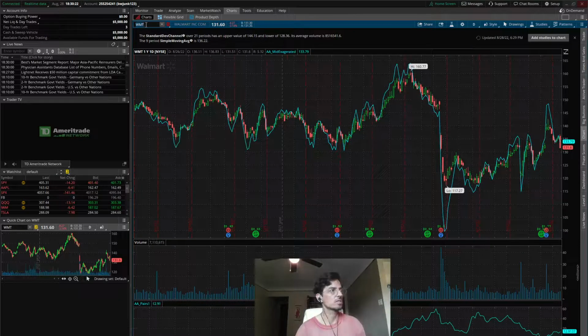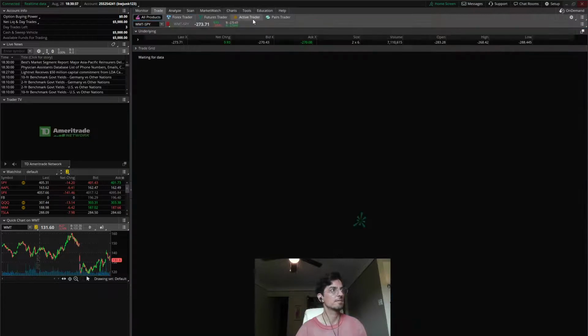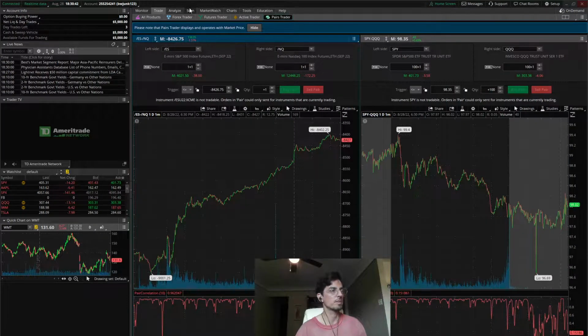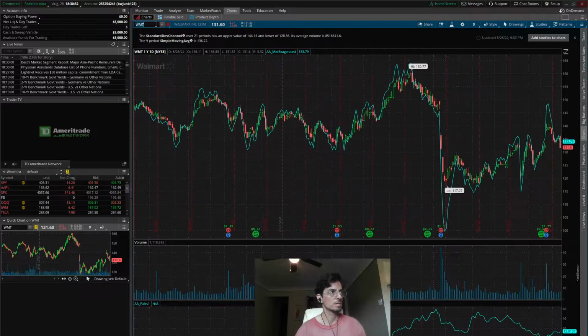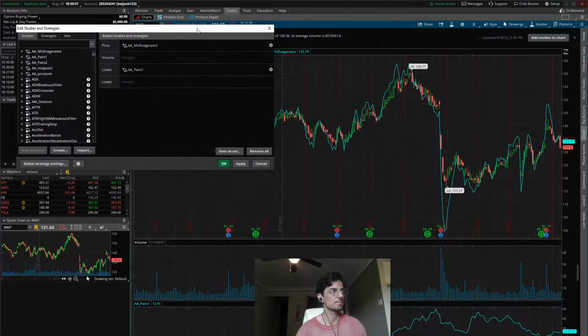And now, obviously, you can just do SPY pairs trading. Thinkorswim automatically will do that for you. And in the trade tab, they have active trader, and then they have pairs trader, which I haven't played with, but I just know that that's there. So what we're doing here is we don't want to reinvent the wheel. We're not trying to. We're just showing you that you can get creative with your script and kind of create stuff out of the blue and open up your imagination.